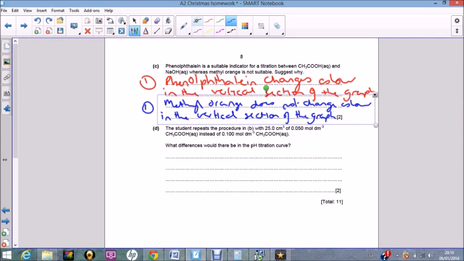Next bit of this question. So a student repeats it with 25 centimetres cubed of 0.05 molar ethanoic acid instead of 0.1 molar. So we're halving the concentration of ethanoic acid. So a couple of differences. One for saying that the endpoint of the vertical section